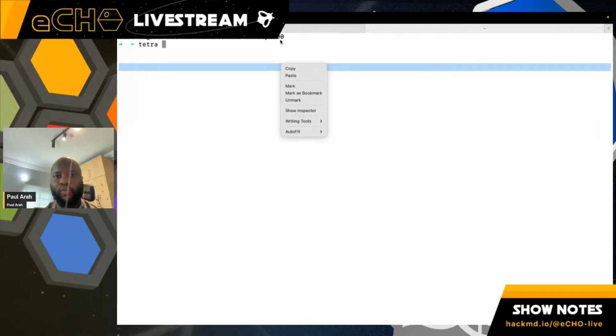So there's a CLI you can use to interact with Tetragon. I think it queries the gRPC API that Tetragon has, and you can use this to interact with Tetragon. All right, so we can use Tetra. I think there should be